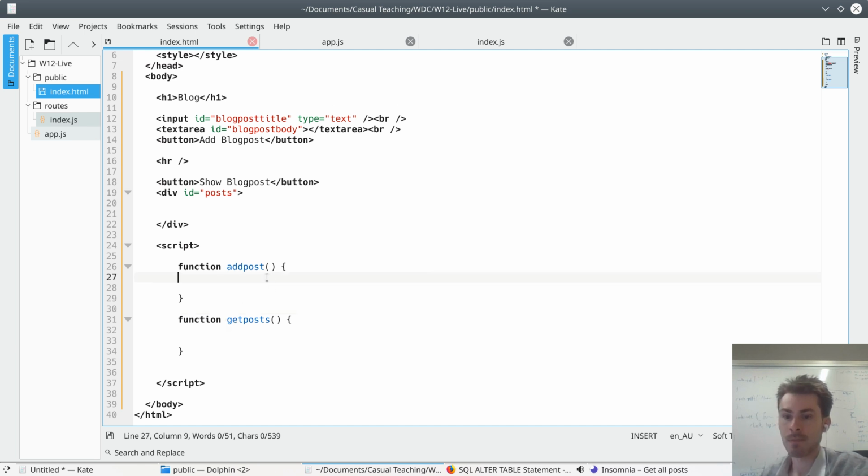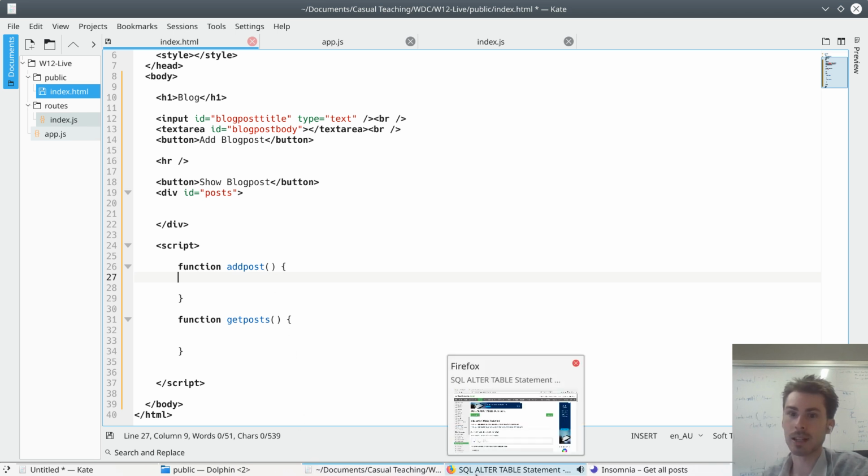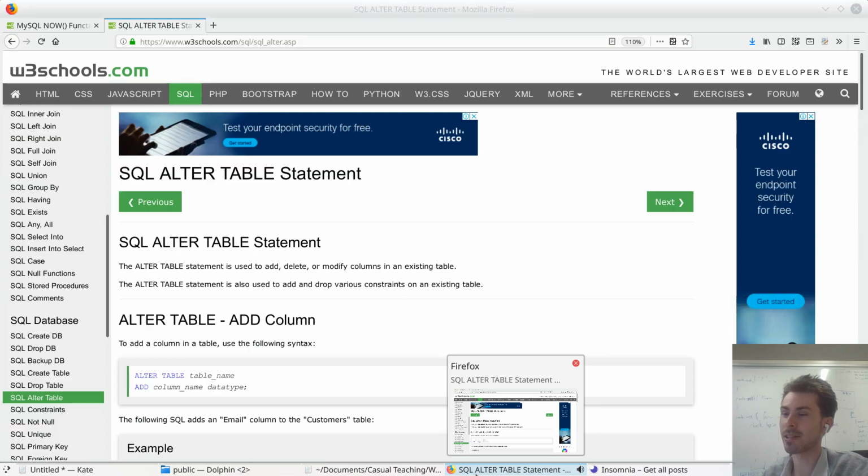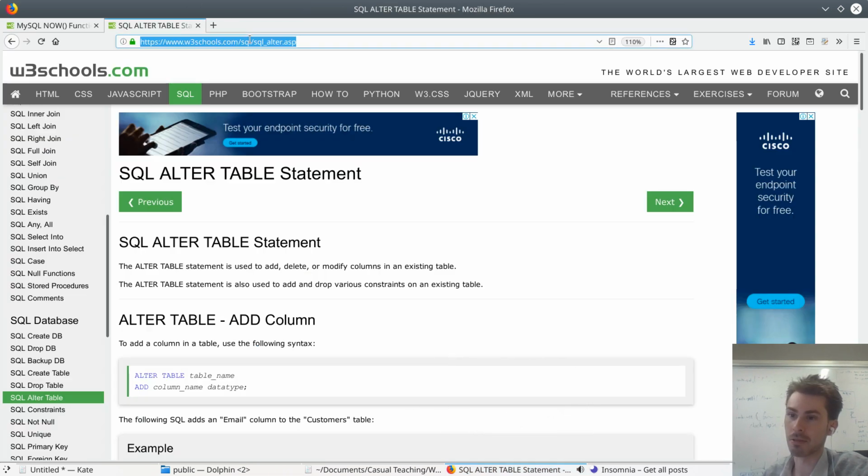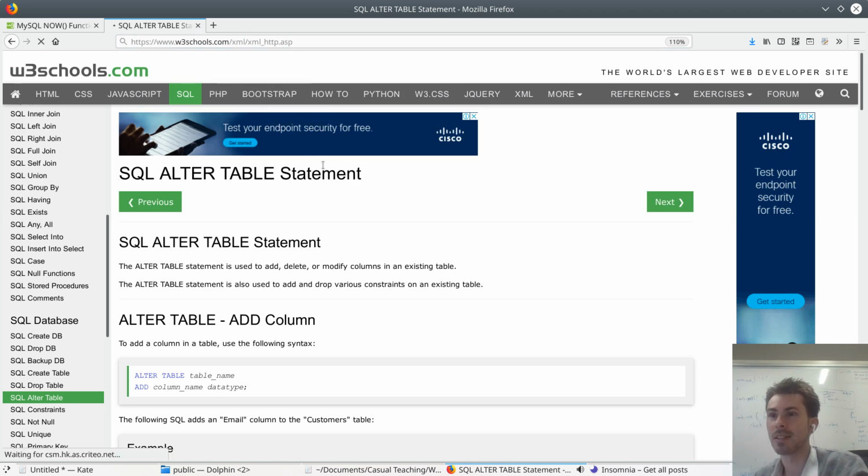Now for this we're going to need to make use of some Ajax, or at least the way that we like to do it in this course is making use of Ajax. So I'm going to quickly look up my Ajax code because I can never remember exactly what it is. Oh, how convenient, it's in my frequently visited pages. So when that loads up,